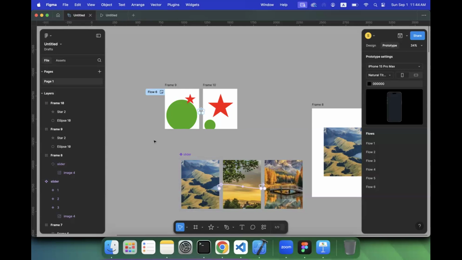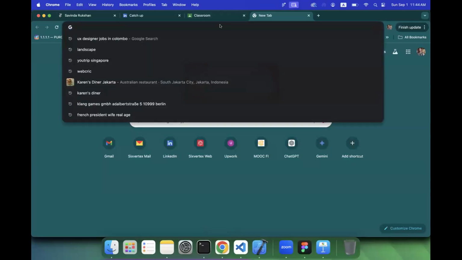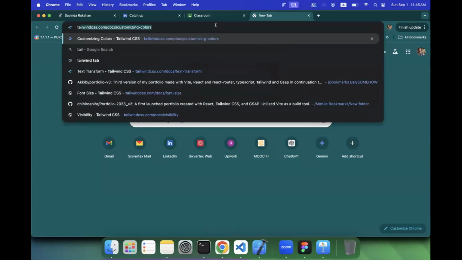Does that mean, say for Android, for each frame size we have to do visuals, or do we select one frame size and it's applicable to anything? How does it work? Yeah, it is applicable to anything, but as a good practice, let's say for an example, if I go to a website like Tailwind,